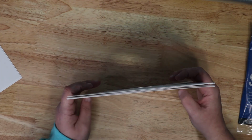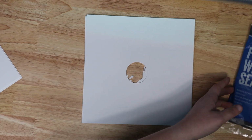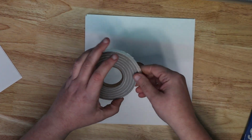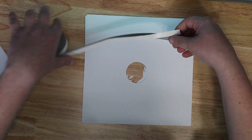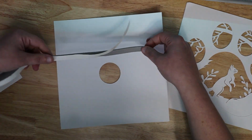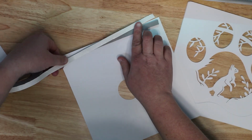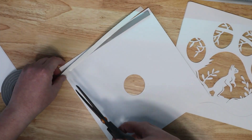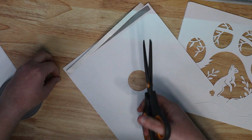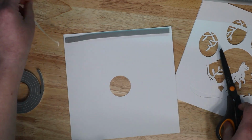So what I'm going to do now is flip this over and keep it all together just so I know which order it goes in. All I'm going to do is grab some of this insulation tape, this foam seal, and all I need to do is run it along the edges of my design. Real easy. You don't have to pull it tight or anything, just lay it on down, and then I just trim it off. And it's not sticky on both sides, it's only sticky on one side, so just peel off the extra little piece of